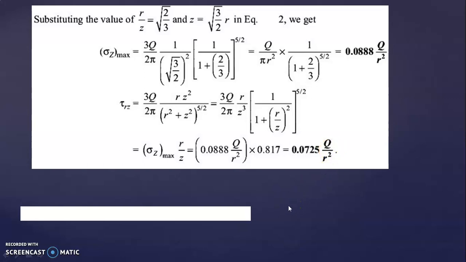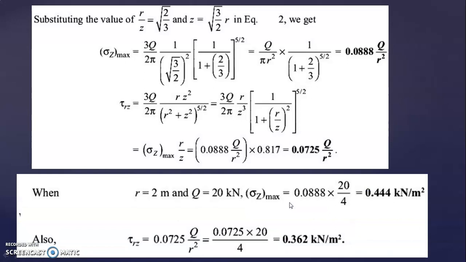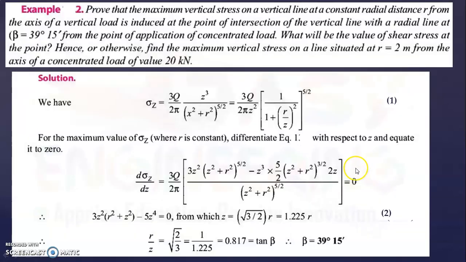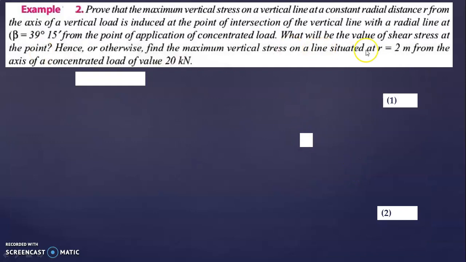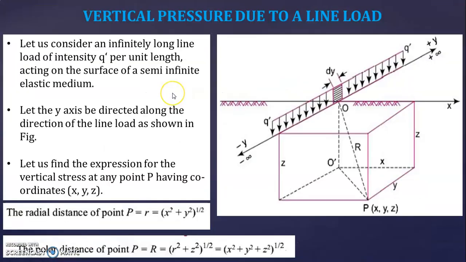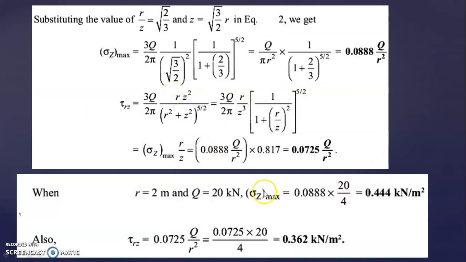Okay, now in the second case, what is asked is to find when r is equal to 2 meter and Q is equal to 20 kilonewton. Here in this problem it is asked r is equal to 2 and Q is equal to 20. So substitute in this equation for first sigma z, vertical stress. So substitute 0.088 into Q is 20 divided by 4, we get 0.444. Similarly for shear stress, substitute in this equation, you get this